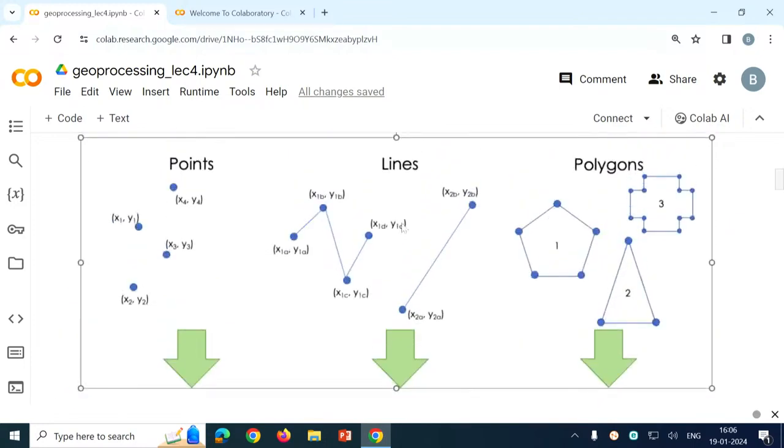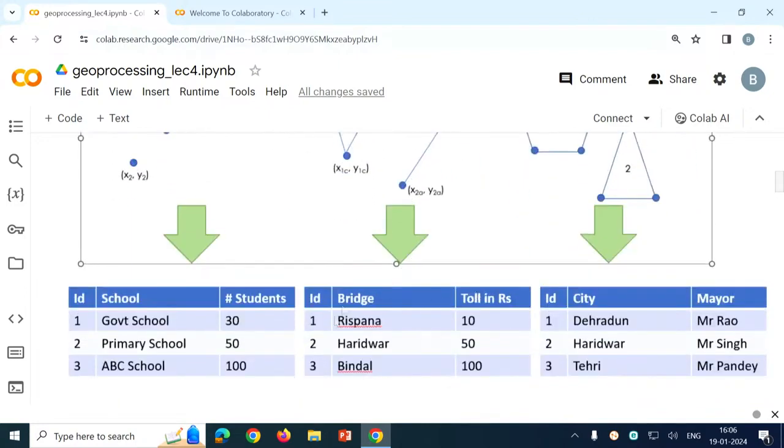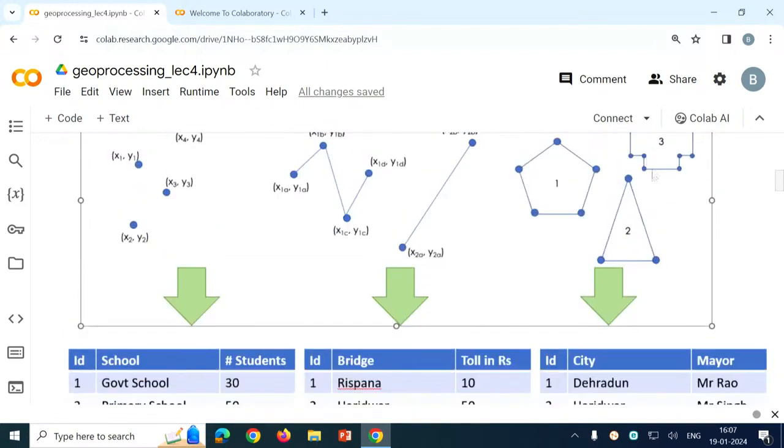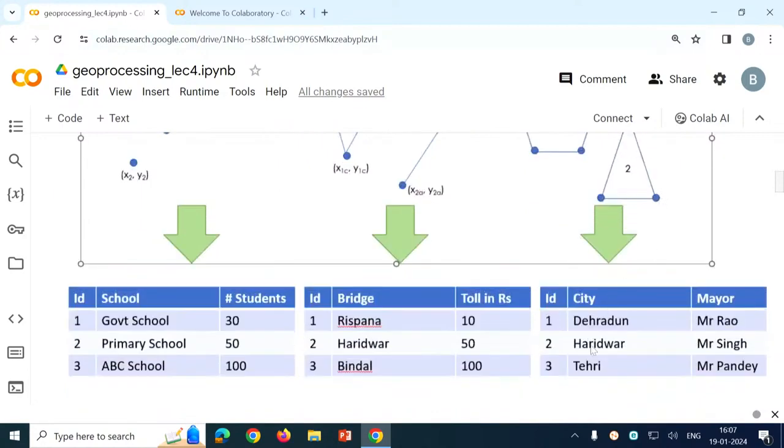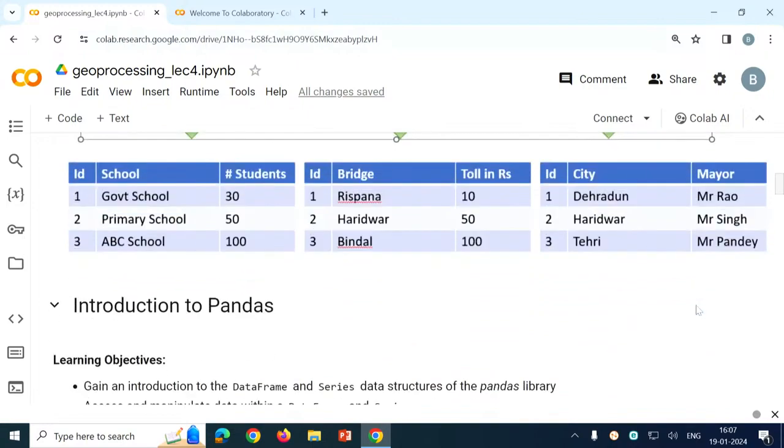Similarly, suppose we are representing the location of some bridges using lines, then we have some non-spatial information attached to that, like the name of the bridge and how much toll we need to pay for crossing that bridge. Similarly for cities, we have stored their boundary and some information about that city, like the ID, the name of the city, and who is the mayor of that city. So this is all about